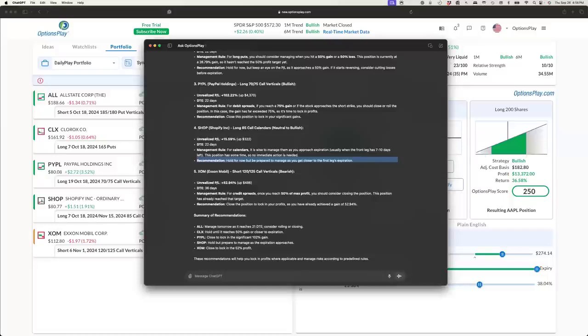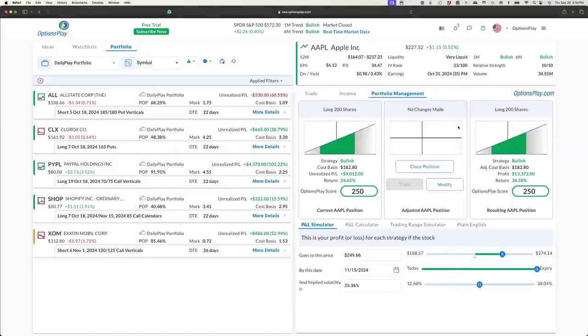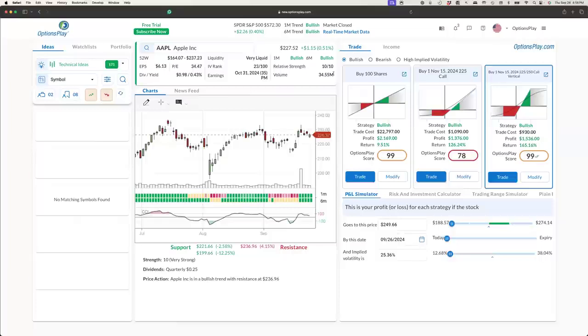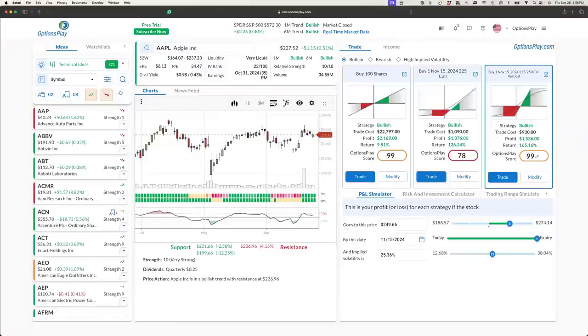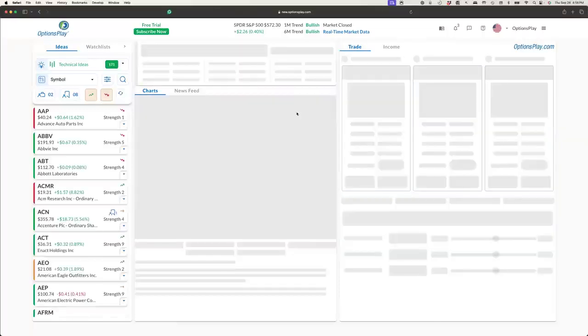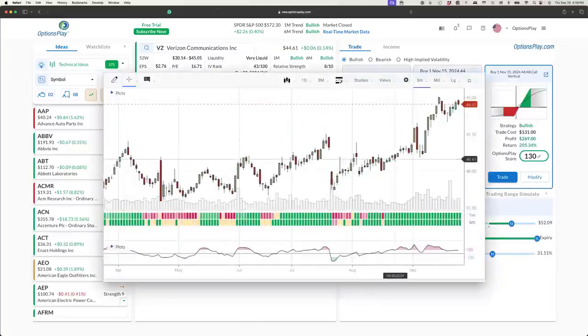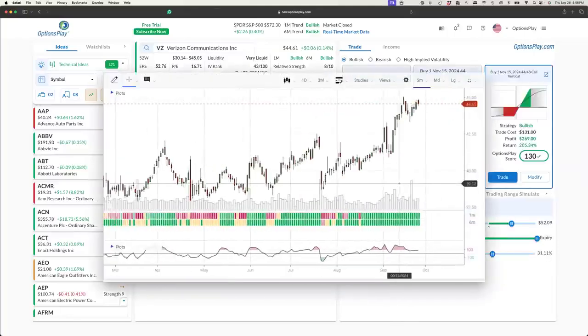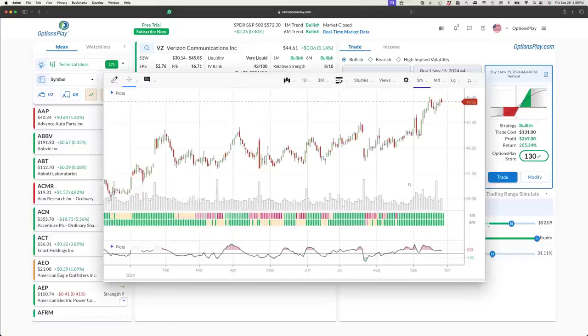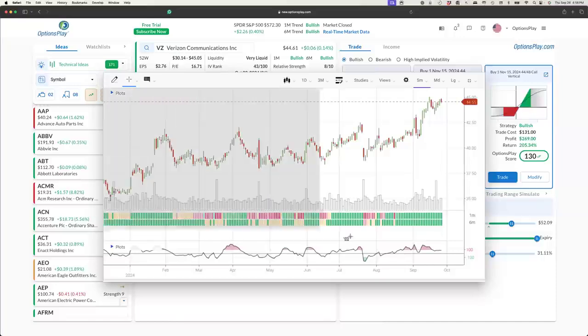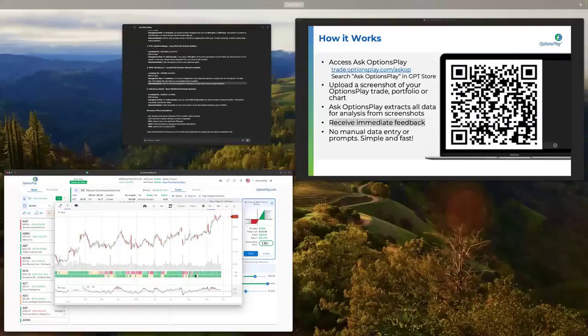Okay. And lastly, let's look at some charts together. Let's go back to our Verizon example here, right? Let's look at the Verizon chart. Maybe you're looking at this chart. We recently published a bullish thesis here on Verizon. Maybe you want some validation on that. Maybe you came up with this trade yourself. Regardless of what it is, you can just take a screenshot of your chart, and basically you can say, very simply,